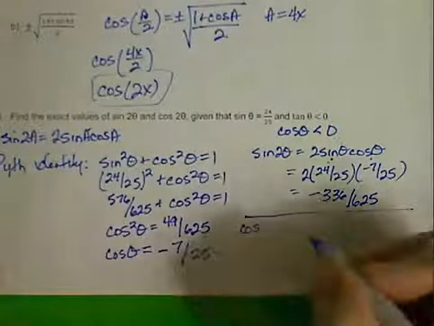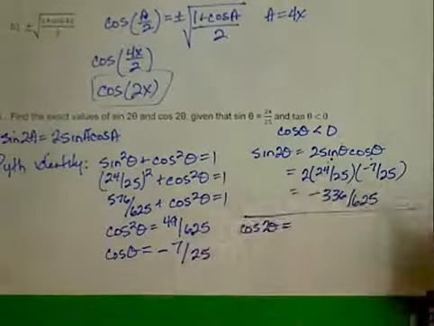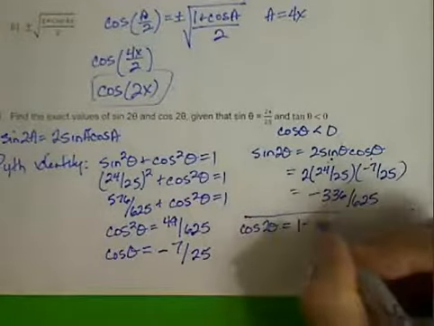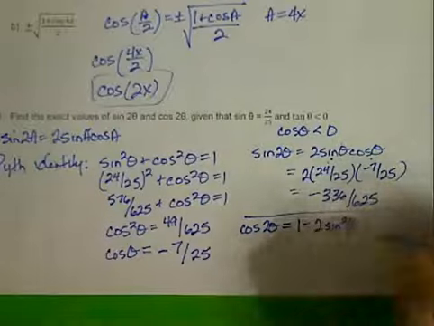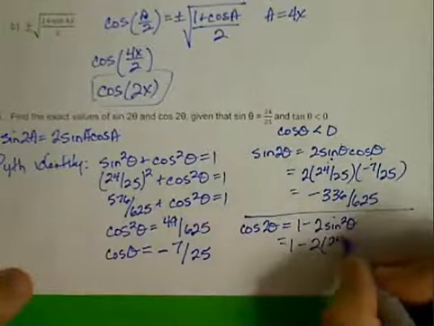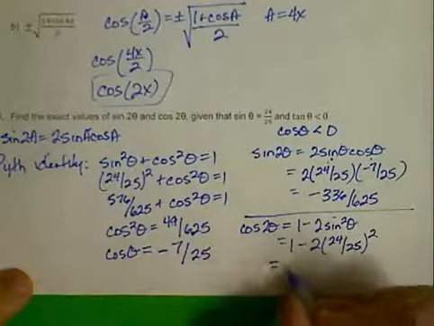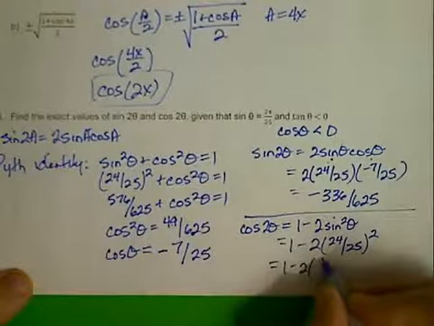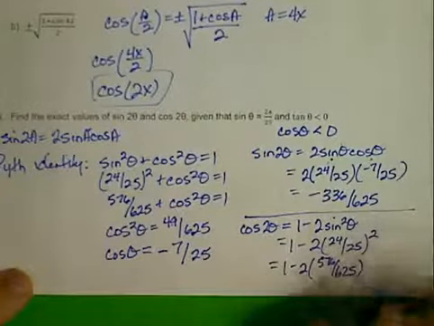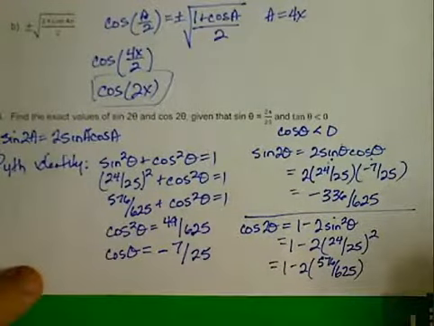Now to find the cosine of 2 theta, we've got our choice of 3 different identities that we could use for that. It really doesn't matter here which one we choose. I'm going to choose the one that just involves the sine. That would be 1 minus 2 sine squared theta. I'm going to put in my 24 over 25 here for the sine of theta and square it. That gives me 576 over 625. If I multiply that by 2 and then subtract that from 1, I'm going to end up with